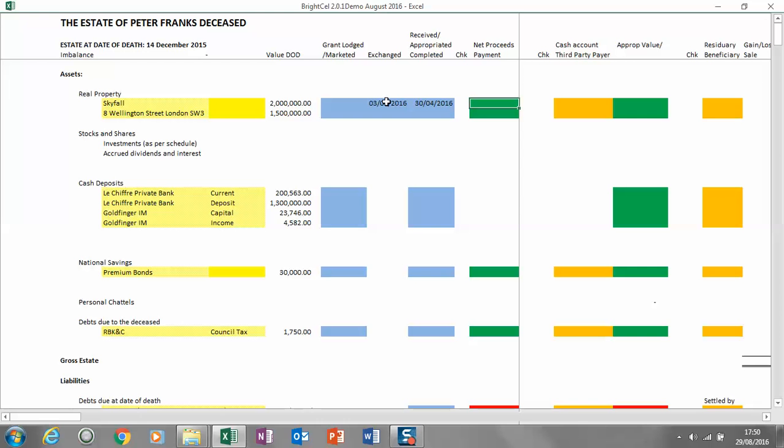And I did wonder whether to have a gross proceeds and then have all of the expenses recorded separately, but that's quite a lot of extra fiddling about in the main set of accounts, and very often if your conveyancing colleagues have been dealing with the sale, they will produce a completion statement anyway, which gives you a final sum, and so that's the number that I would probably put in here, and then you can append the completion statement to your accounts or produce it to the executors separately if they want detail on how that figure is arrived at. So here we've got 2,750,